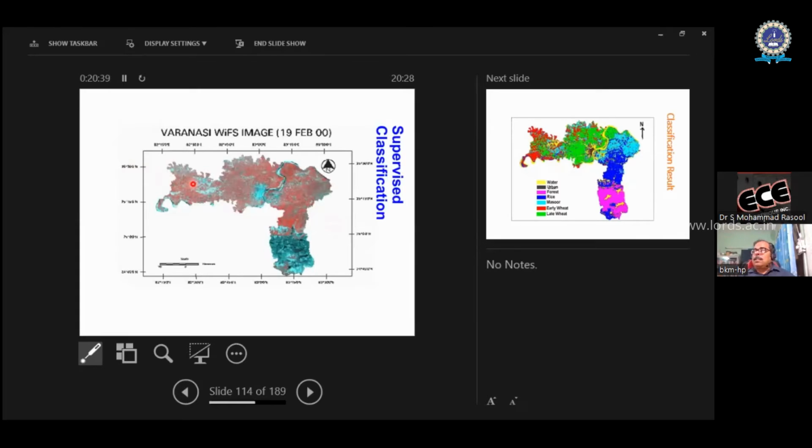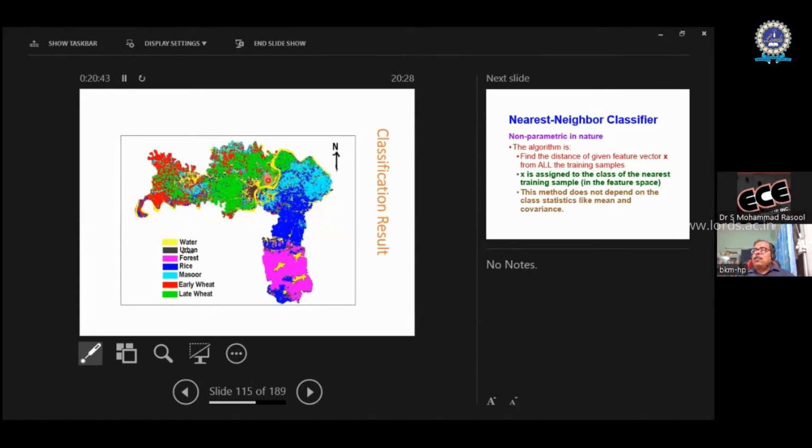So an image like this, after classification, is color coded. Each class is represented in one color. So instead of the pixels, you now have the class labels. So if you want, you can estimate what is the area of water body in this image. What's the area of forest in this? What's the area of different kinds of cropland? What is the acreage of the croplands? You have a town here, Varanasi town. What's the area of that township? So you can do these quantitative calculations: count how many pixels are in a class, take the area on the ground per pixel in square meters,